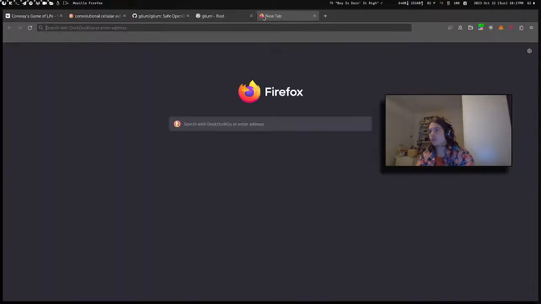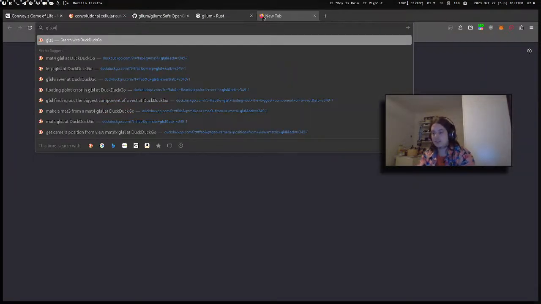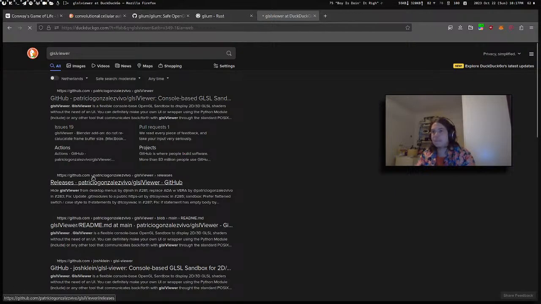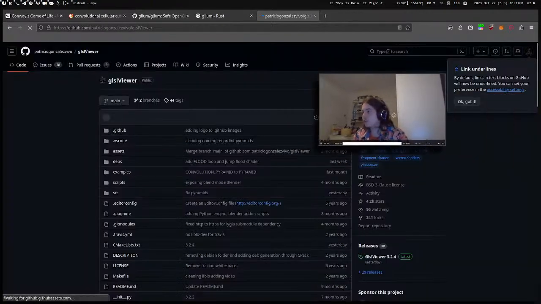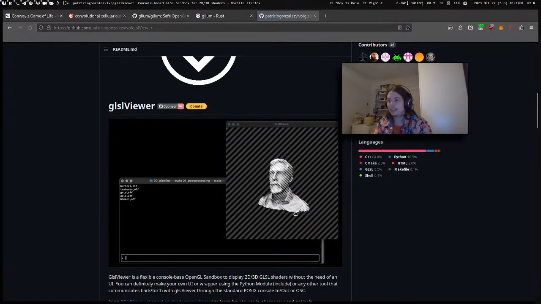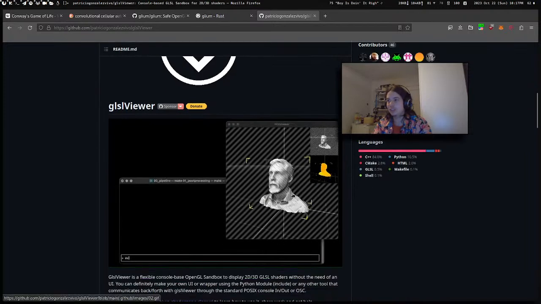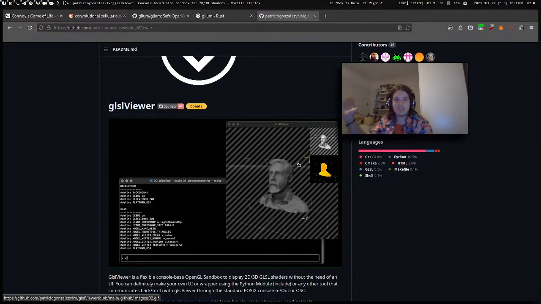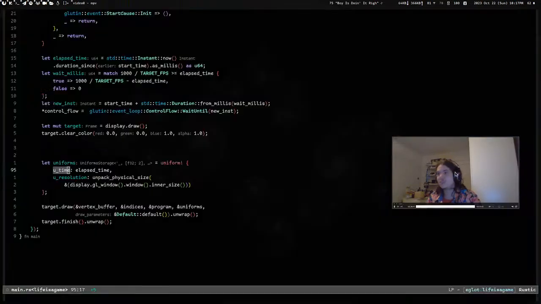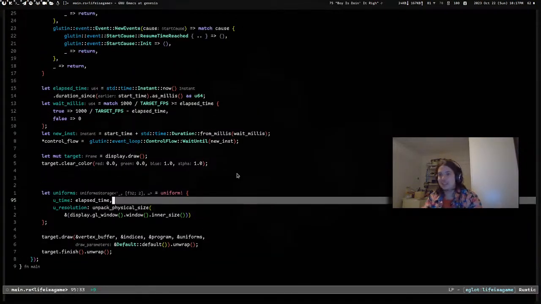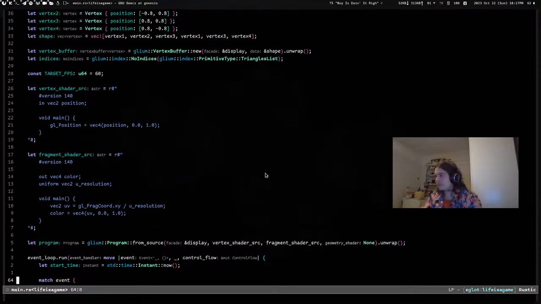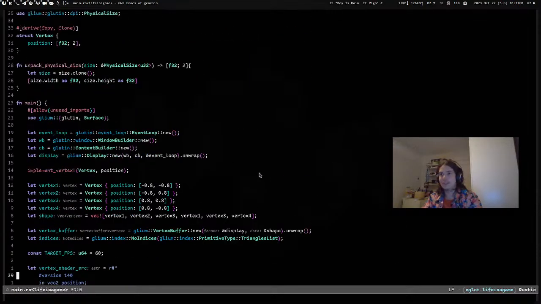For those of you who don't know what that is, this is a very nice project that visualizes your shaders. It's a shader utility, and it skips over some of the pains of OpenGL. But I wanted to practice Rust, so we're doing it in Rust now. Get used to it. So what are we going to do then? We need to